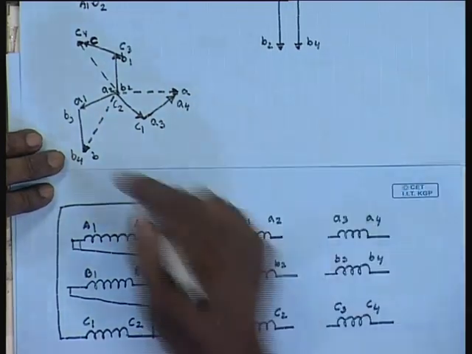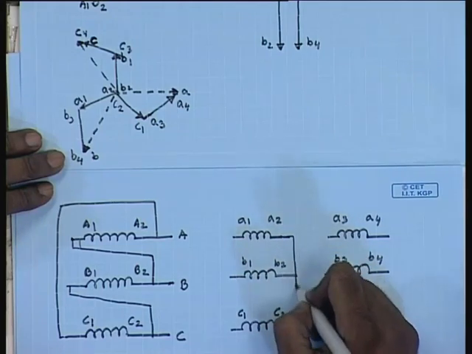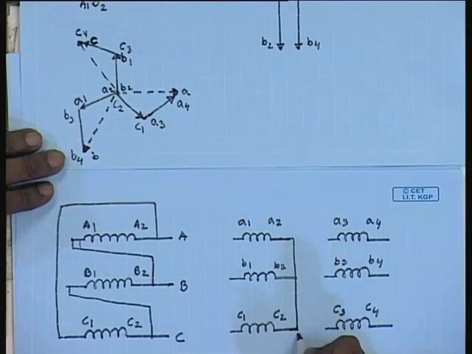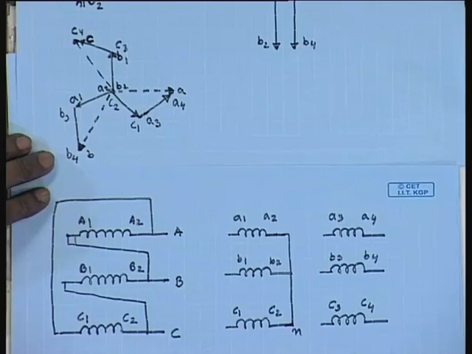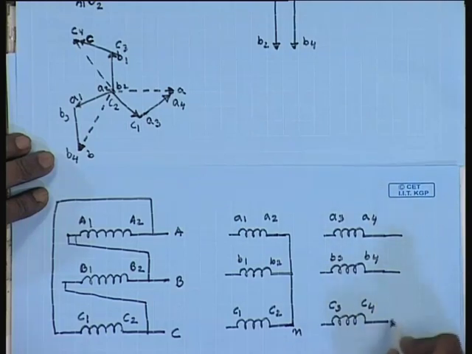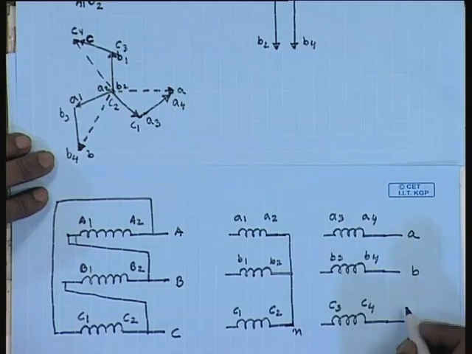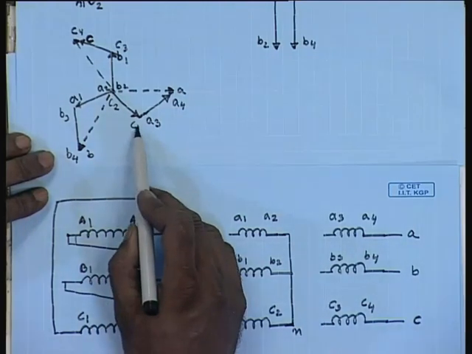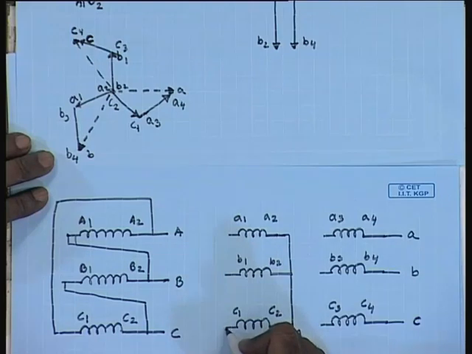The star is formed by connecting A2, B2, C2. So, this is the neutral point on the zigzag side. The lines are taken from A4, B4, C4. So, this is terminal A, terminal B, and terminal C. Inside, we find that C1 should be connected to A3,